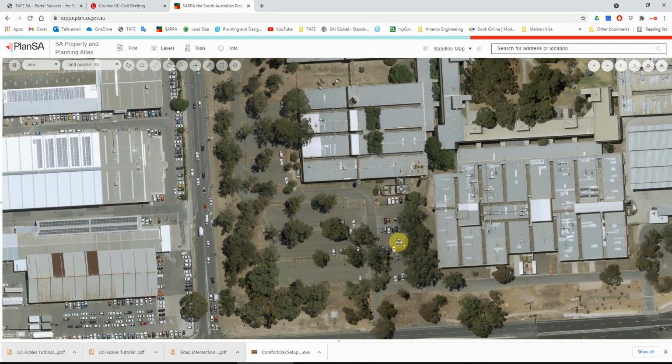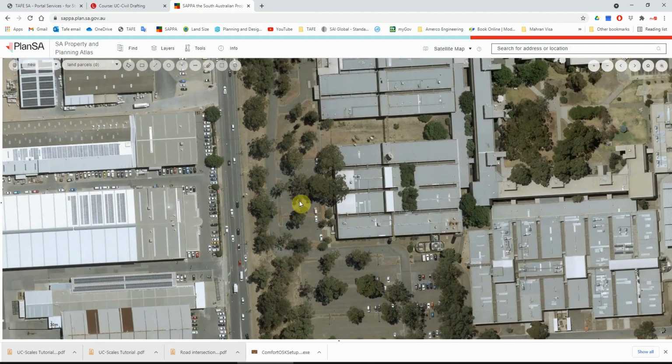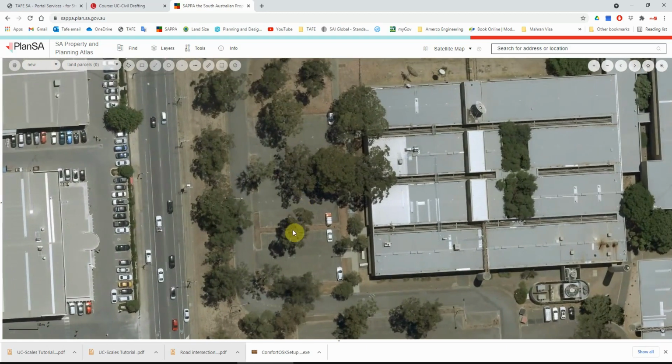Until then, what we can do, and that's what we usually do, we use this a lot for preliminary design, for initial estimation. Okay, not for the highest accuracy. Obviously, when we need things to be much more accurate, we send our surveyors and they get us the information correctly. We can get DWG layouts for that entire area. But for now, as a starting point, for me to be able to draw this on AutoCAD or Civil 3D and start my design, let's say that I'm just interested in this area here, this car park, okay? So I'm zooming in to that area,